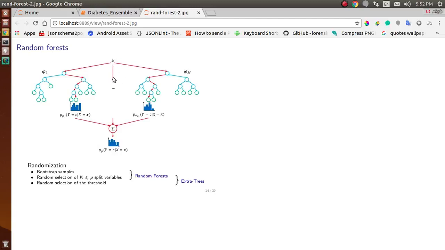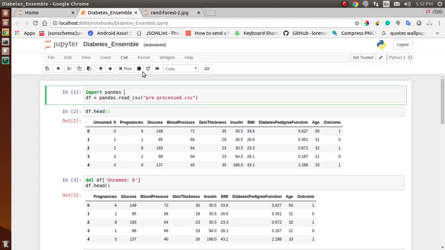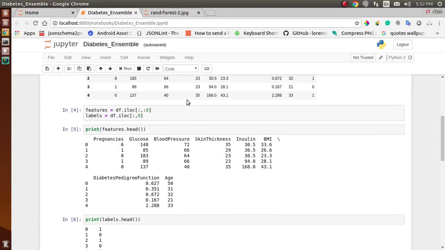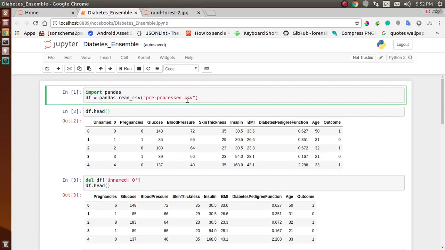So now we will switch to our coding section, and here you can see we have our coding part. So let me describe this coding section for you. And also I want you to know that random forest is one of the popular algorithms that is used in classification. So this one is also important for you if you are implementing a classification model. So let's start our coding section.